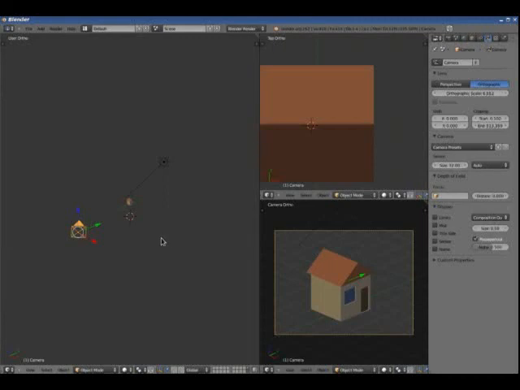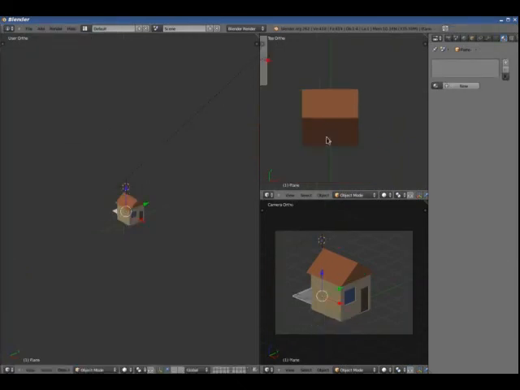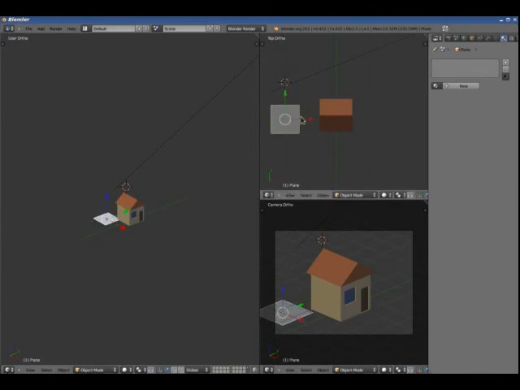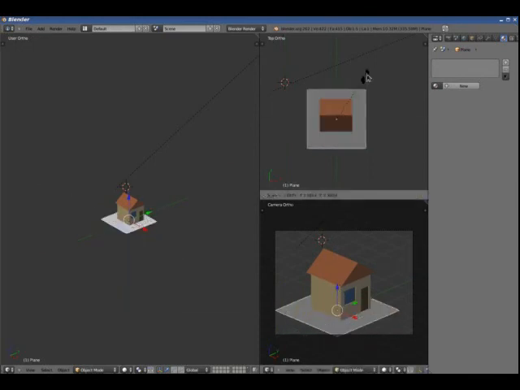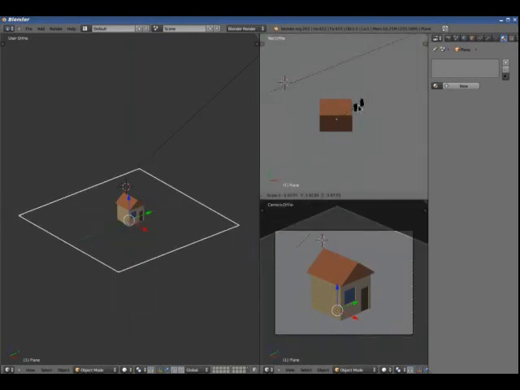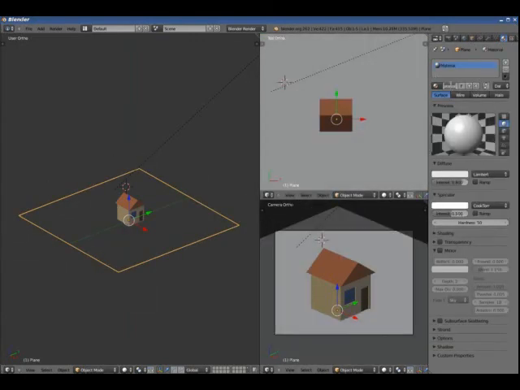Now that we have our simple house made, let's go ahead and create some grass. So we're going to center our little magic point, hit add, mesh, and then plane. And we're going to drag our plane right below our house. And then we're going to hit S and scale it out, make it really big, covering up the entire view